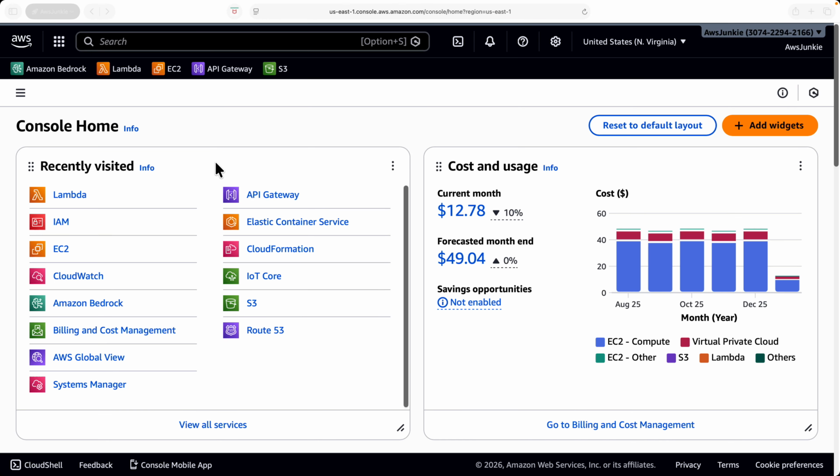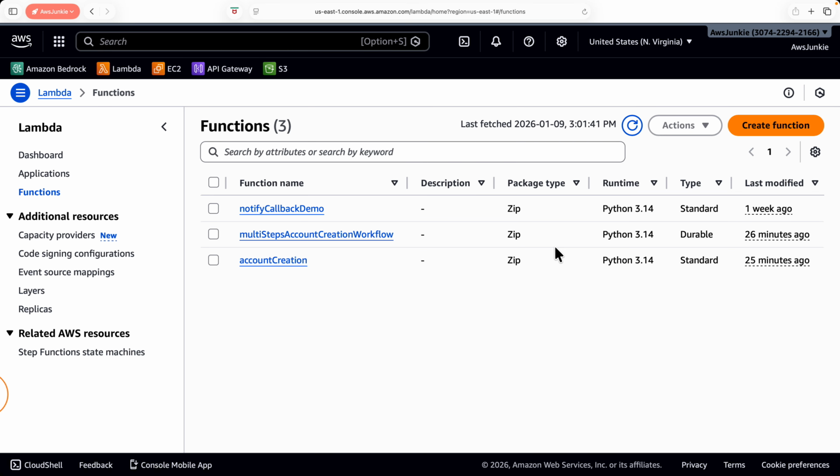Log into the AWS Management Console and jump to the Lambda console. To keep things moving, I have already prepared some mockup code for this multi-step account creation flow, mostly hard coding, as the focus will be entirely on usage of the Durable Execution SDK, durable operations, new configurations, and Lambda console UI changes introduced with this feature. Before I open this already prepared durable function, I would like to create a new one